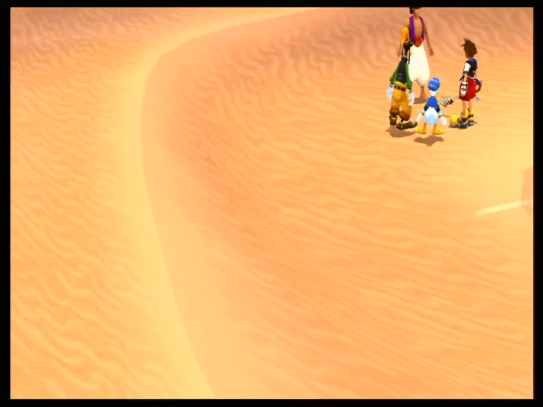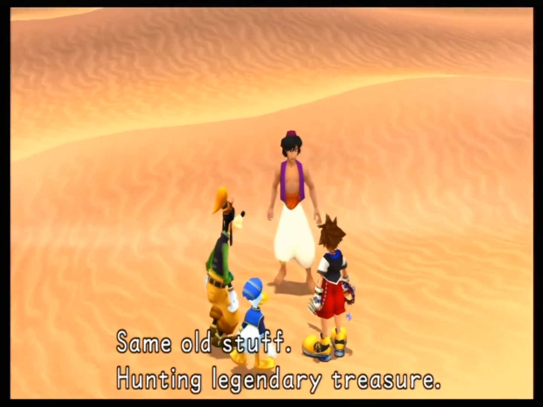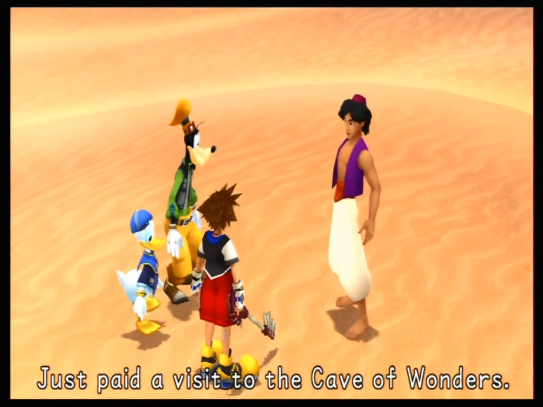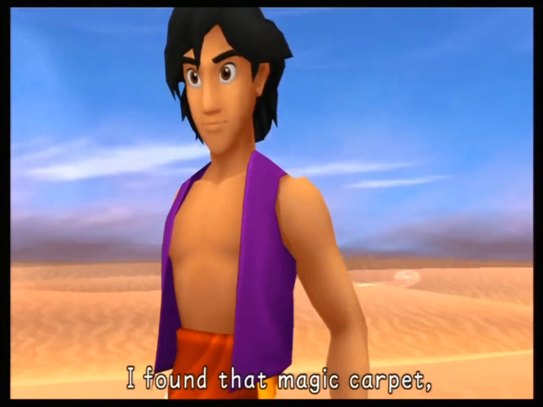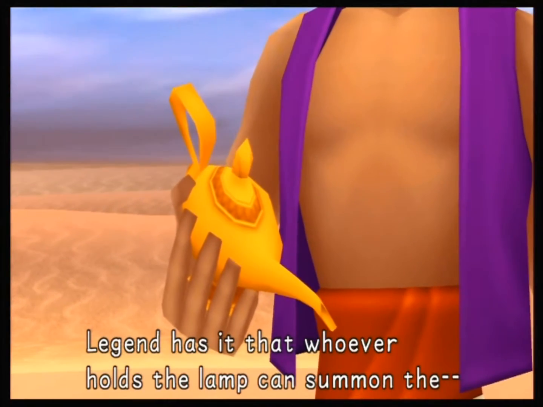Thanks, Sora. Aladdin, what are you doing out here? Same old stuff. Hunting legendary treasure. Just paid a visit to the Cave of Wonders. I found that magic carpet. And this lamp. Legend has it that whoever holds the lamp can summon...